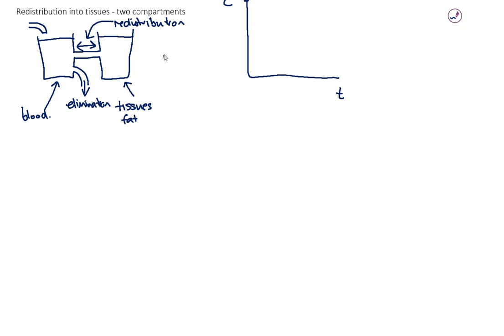So we're still assuming rapid distribution in the central compartment, or what you might call the plasma. So that it goes straight into the plasma, but then from the plasma, the concentration in the plasma, so Cp is the concentration in the plasma,